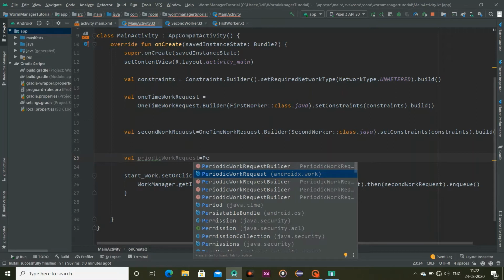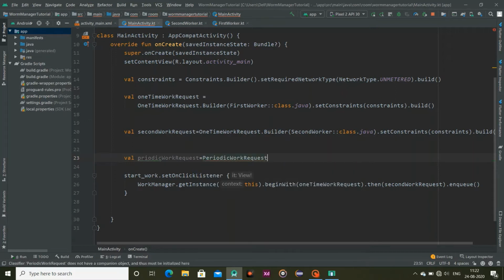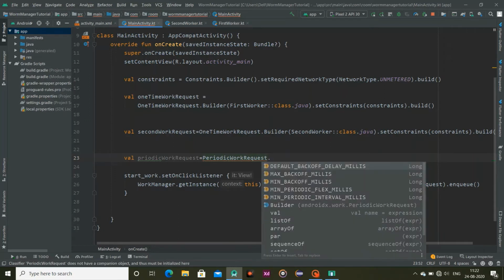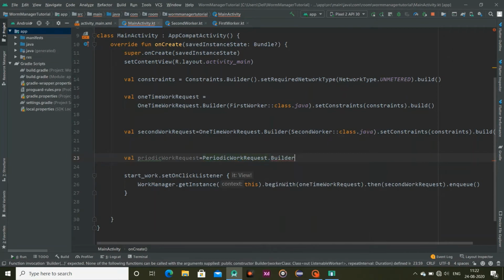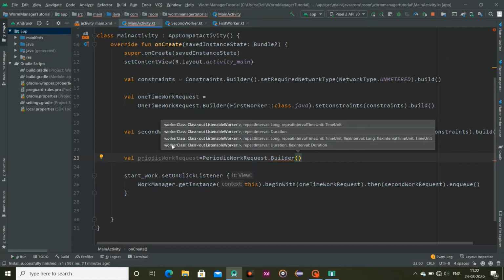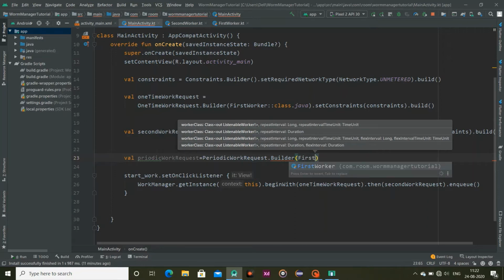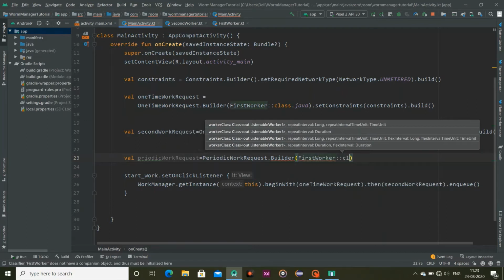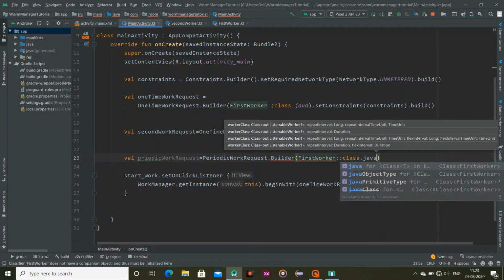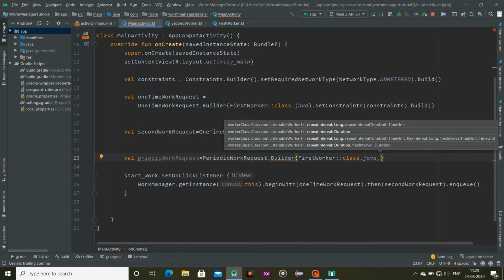You choose this androidx.work import package PeriodicWorkRequest, and after that select the builder, and here we have to pass our worker class. In my case my worker name is FirstWorker class.java, and the second is our duration, up to what time you want to repeat this task again.